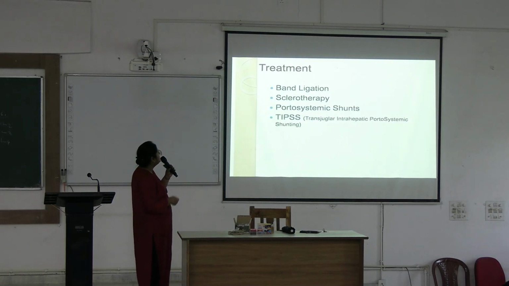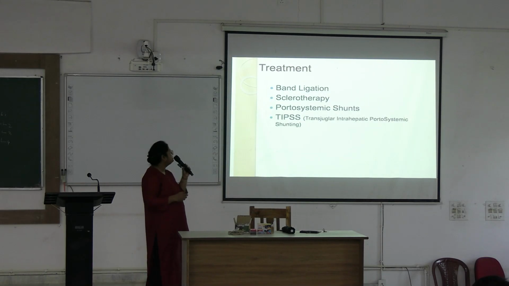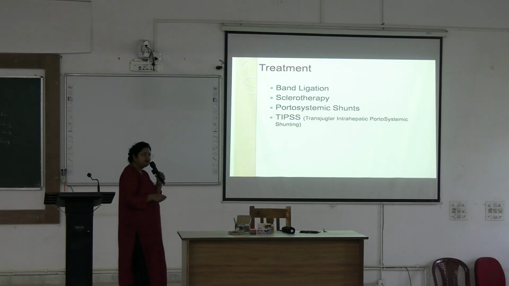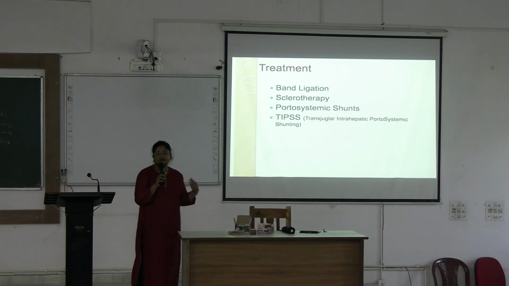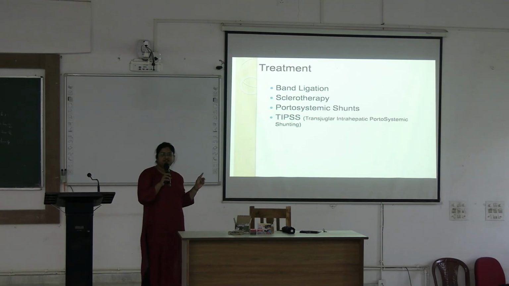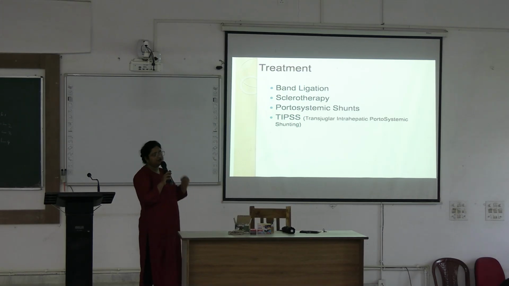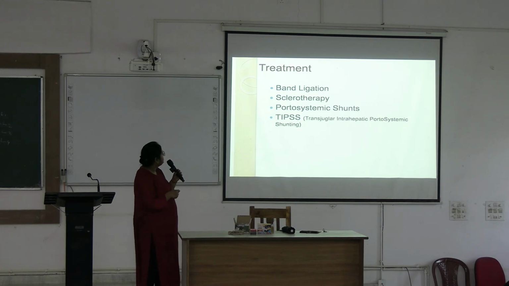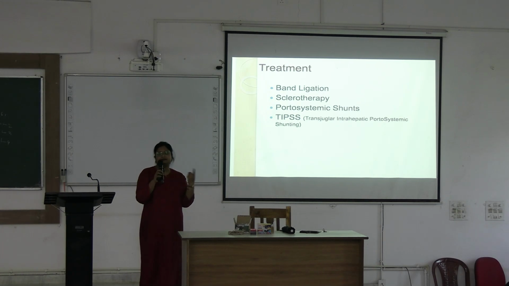What will be the treatment for portal hypertension? You can do band ligation. Band ligation is done in hemorrhoids or in esophageal varices. Through the endoscope, a band is placed around the dilated veins; it first shrinks and then falls off. Next is sclerotherapy: you inject some material into the varix, and it will sclerose the varix and the surrounding tissue. Blood flow is lost in that tissue, and the tissue will die and fall off.